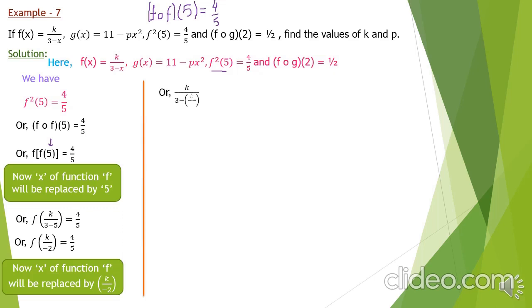or k upon 3 minus k by 2, or k upon 3 plus k by 2. Now minus into minus is plus, so we have to take the LCM of the denominator part only, that is 6. 6 by 3 is 2, so it will be 3 into 2 plus k. Now k upon 6 plus k by 2 is equal to 4 by 5,